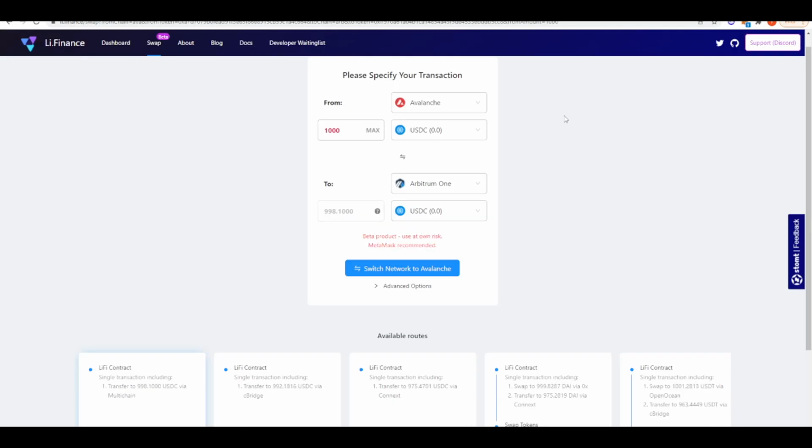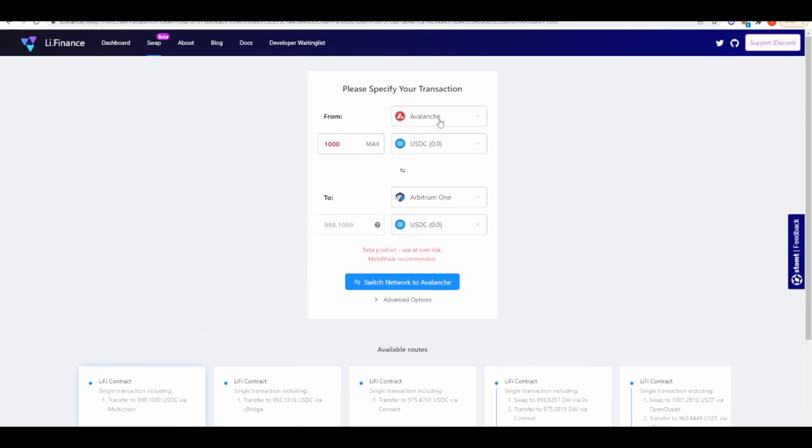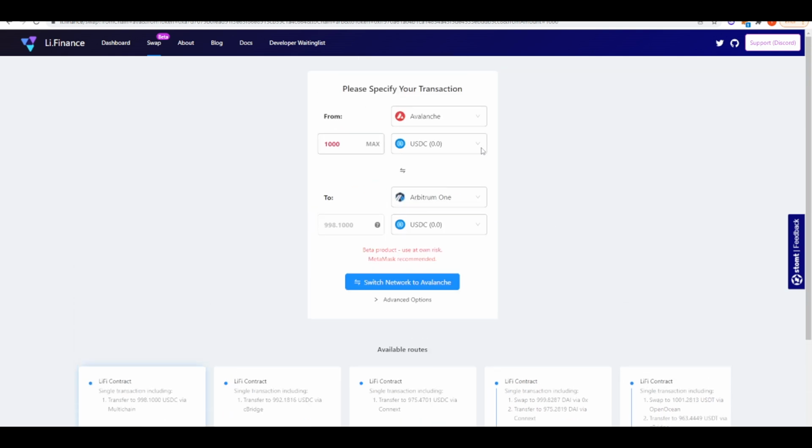So if you haven't already set yourself up on Arbitrum, you can easily bridge there from a centralized exchange such as FTX US or Binance. Additionally, you can bridge there through various different bridges. I like Li.Finance because basically they aggregate all the bridges and tell you which one's the cheapest to go through. So going from Avalanche to Arbitrum, it seems as if the multichain bridge here is the cheapest, and it costs you $1.06. But you can go from any of the EVM chains, and if you are currently sitting on a non-EVM chain such as Solana, you can easily bridge yourself from Solana to Polygon or Solana to Avalanche, and then go from Avalanche to Arbitrum.